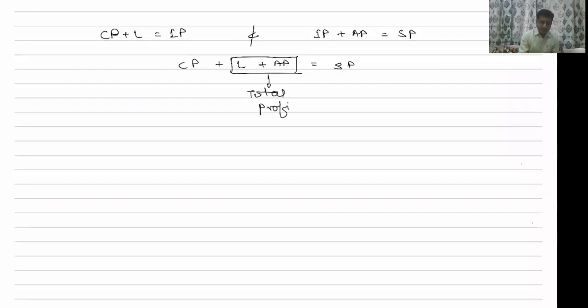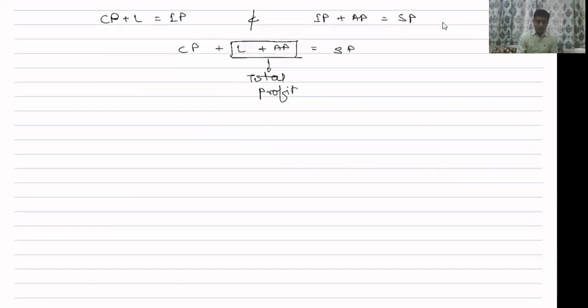And please understand and remember that the profit on consignment belongs to the consignor and not to the consignee. The consignor is expected to earn the profit, whereas the consignee is expected to get the commission against these sales, because consignee is just an agent of consignor. Am I right? So let me start talking about the calculations with reference to this cost price plus loading is equal to invoice price. Now, if suppose I've been given,